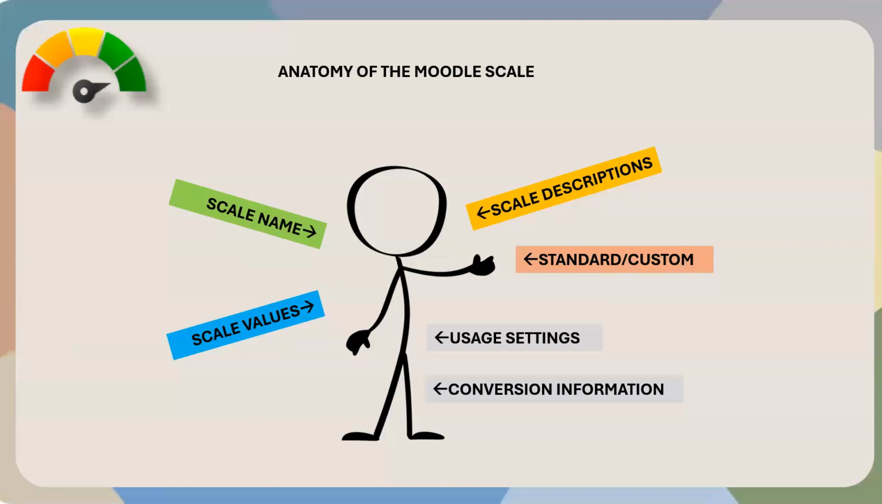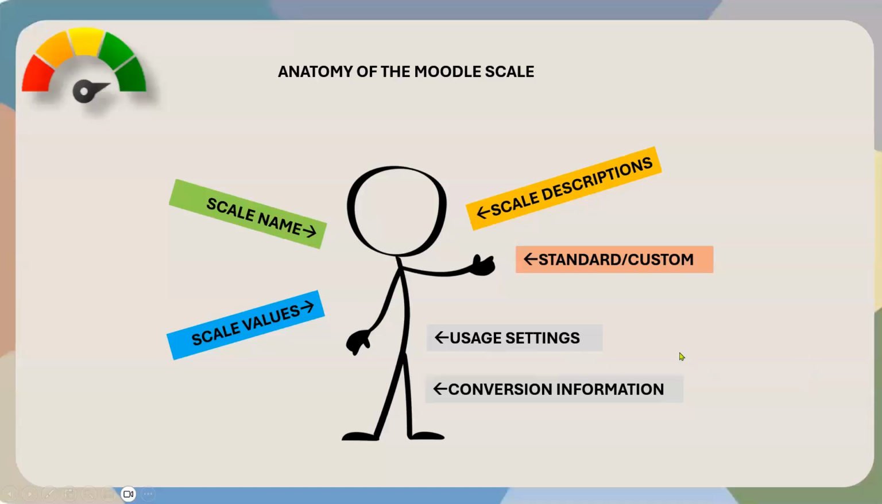So the standard scales are the ones that are predefined. They're already set up in Moodle and you can simply select them. The custom scales are the ones that we create. And in gray here, I have two